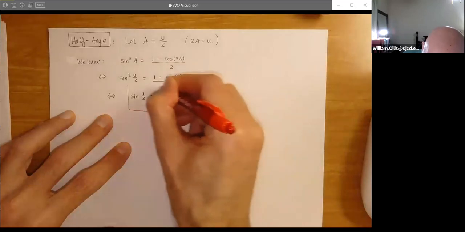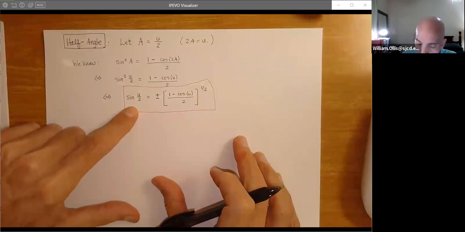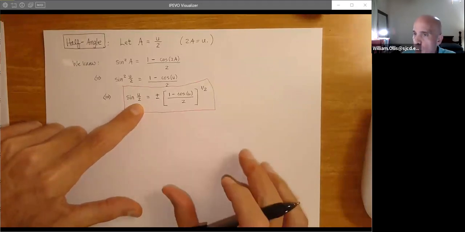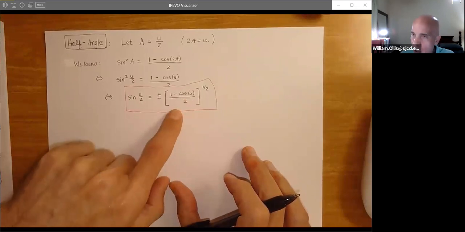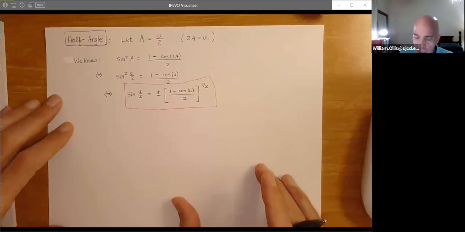So the key here is if you use the half angle formula, first you have to figure out where u over 2 terminates, just like we've done before, and that will select the sign here, okay? And then you substitute into here and you're good to go. So again, when we did 11 pi over 12, if we have a cosine half angle, we could do 11 pi over 6 divided by 2 and get an equivalent answer that won't look like the one we just computed. So we'll always have flexibility here.